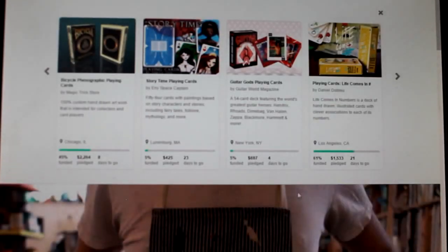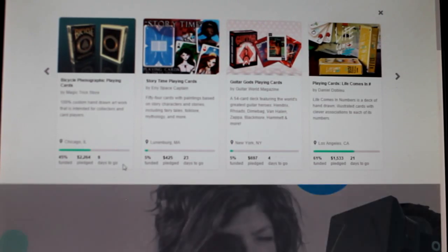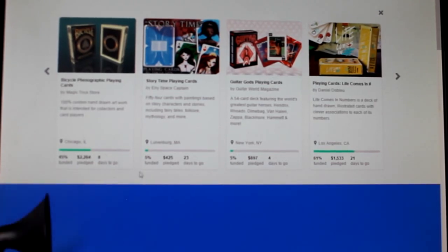And next up, the Bicycle Fanographic playing cards from Magic Trick Store, aka collectible playing cards. 45% funded with 8 days left. It's not looking too good in this one. Not even 50% yet. Which is a little bit disappointing, but I'm sure it'll come back later on. If it doesn't make it. It's a pretty simple design in the back and the faces, and that could be part of the issue, but nonetheless, it is what it is, and it is 100% custom, as it says, and intended for collectors and card